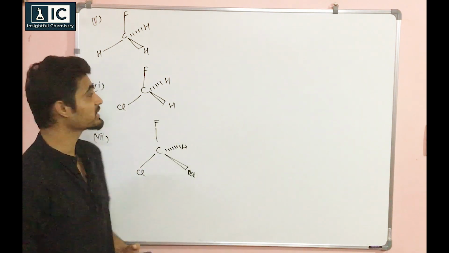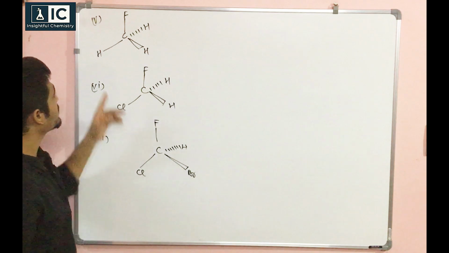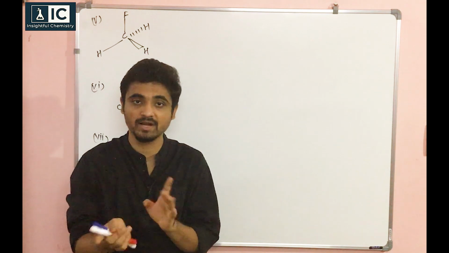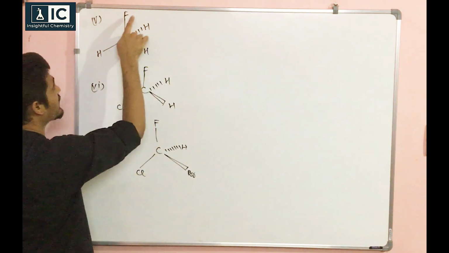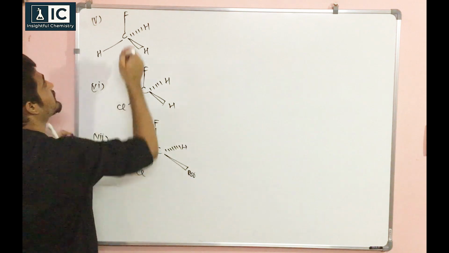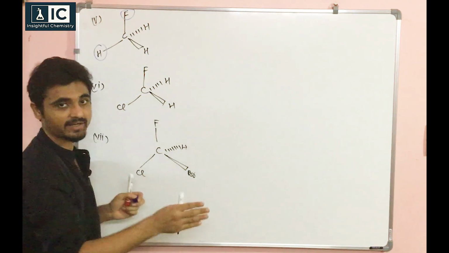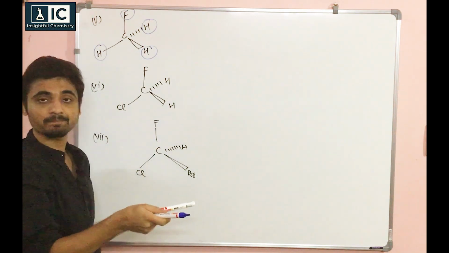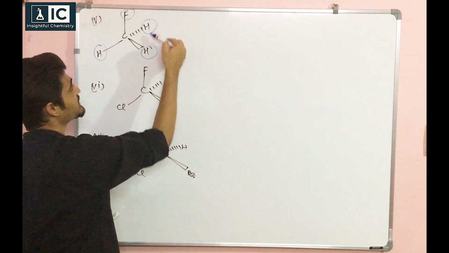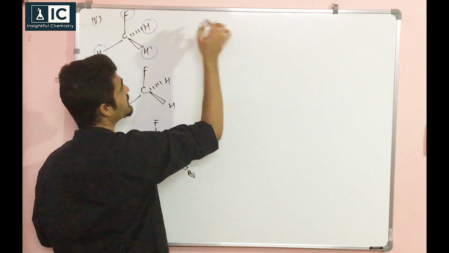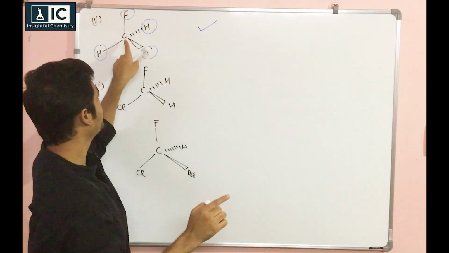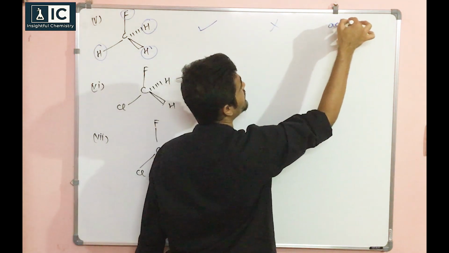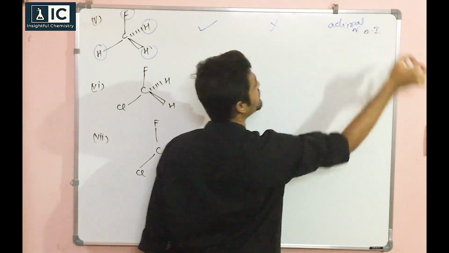Fine. Now let's find in them. Look very carefully. This is again tetrahedral, right? You have to take two atoms in one plane, and the other two should be mirror image and parent image. So what I can do is take this fluorine and H to be cutting half, and then this H and this H will be in front of each other just like this. Understood? So they will be mirror images, H, H. Therefore POS is there, and you can never have center of symmetry when you have only one chiral carbon. No center of symmetry. Done. So this will again be achiral or optically inactive.